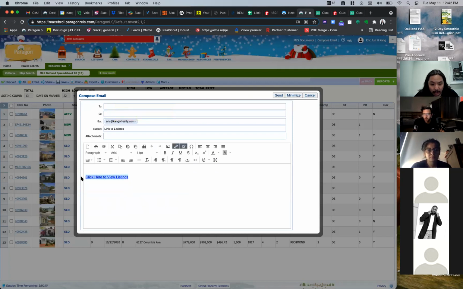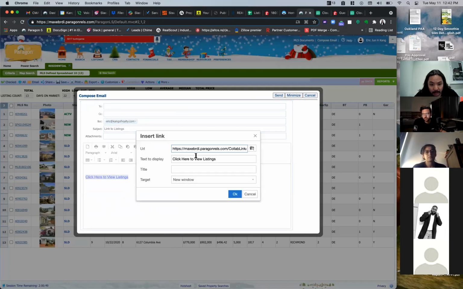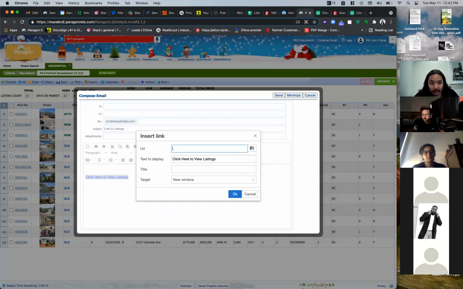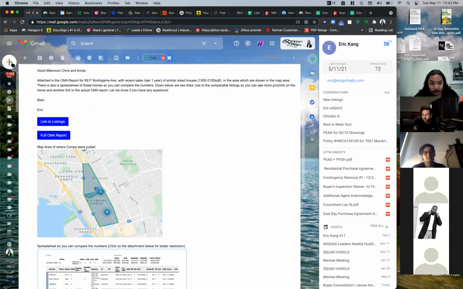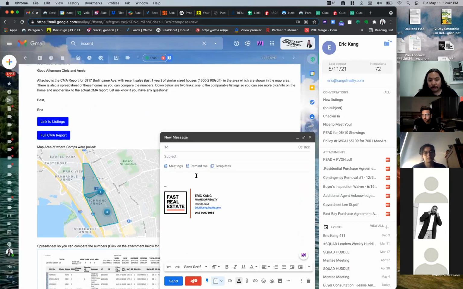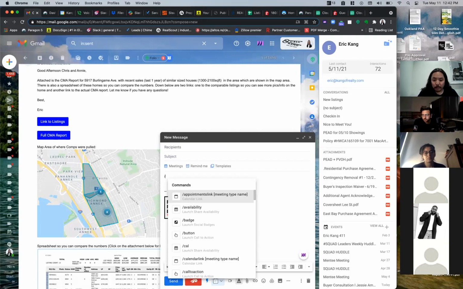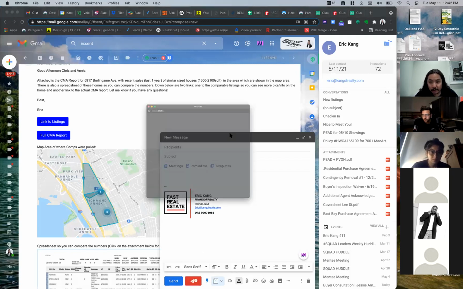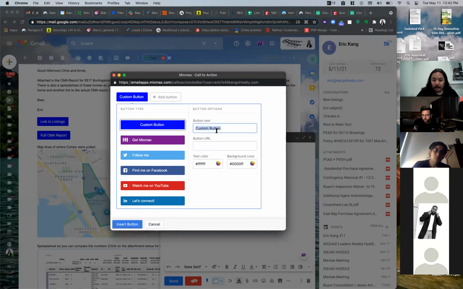But now you got to highlight it, and when you do, you can edit the link. And then if you copy all of that, that's the link. And then you go back to your email, and by using Mix Match, if you press the backslash button and you type in CTA, it does a call to action